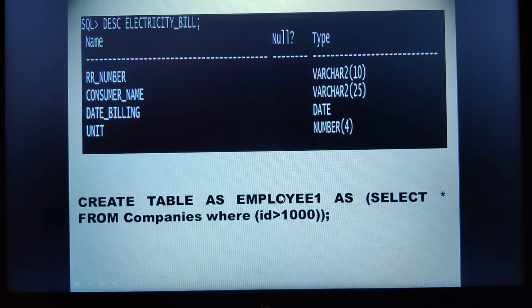So that means we can also create a table from an existing table by copying the existing table's columns. The companies table already exists with its values, and I am creating one more table with the help of a command known as create table employee 1, then directly select. Please don't consider the "as" here. Understood? Shall we move on to the next topic?